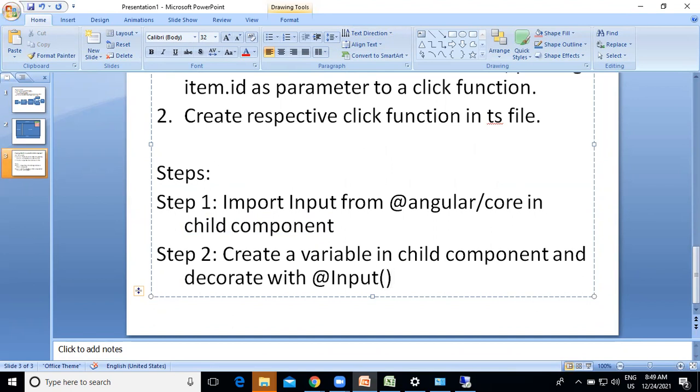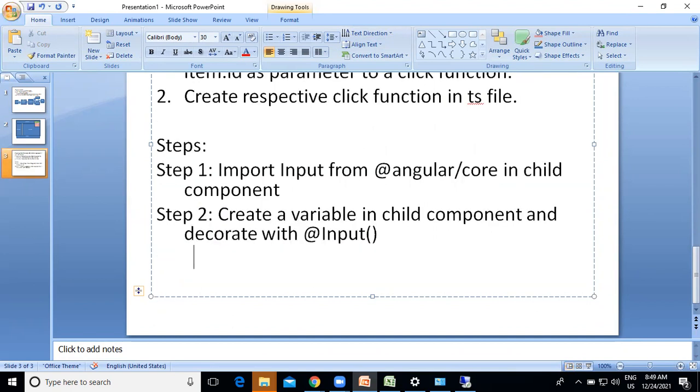For example, @Input id: number = 0, which is the default syntax to create a variable. Simply decorate @Input on top of that. Two steps are done.